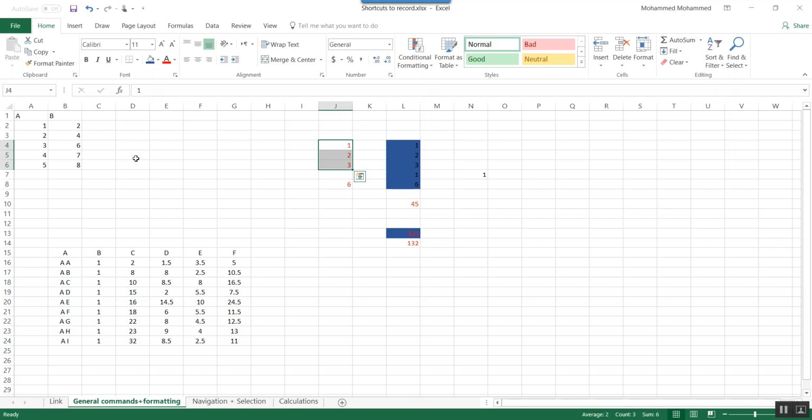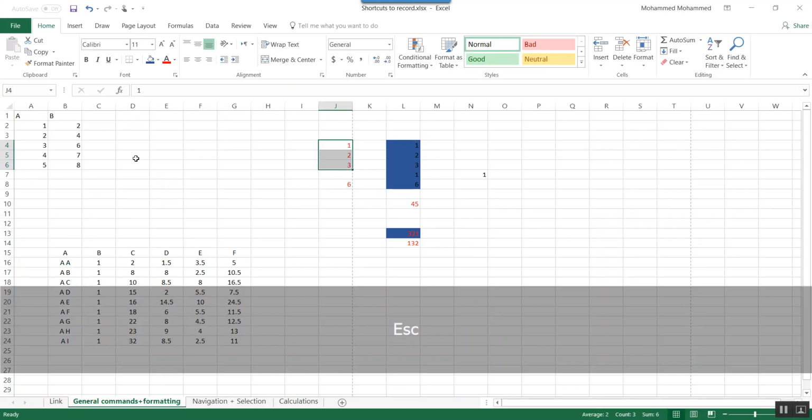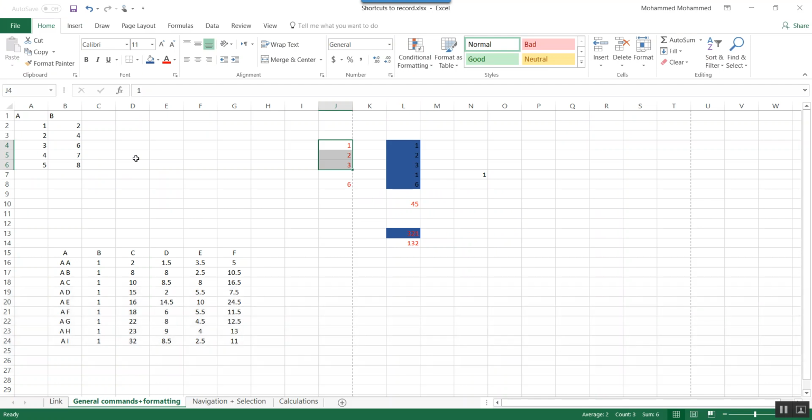Sometimes you would need to print. You will press Control and P, and then you will have the print dialog box, and then you can choose the options of printing that you want to go for. You have also some options like